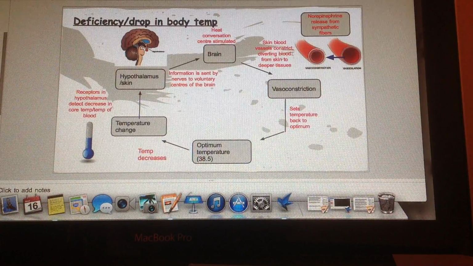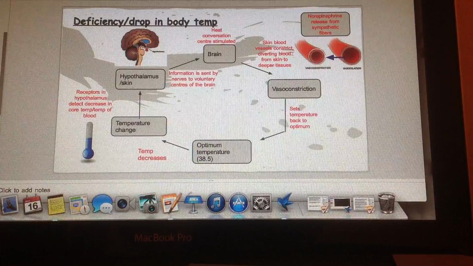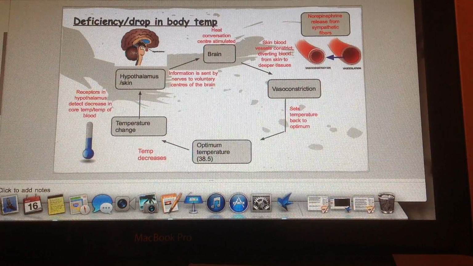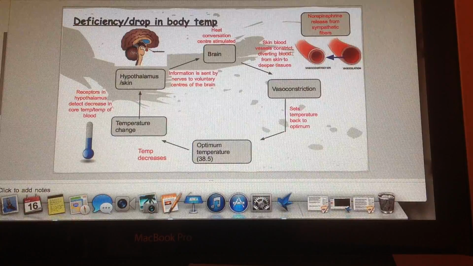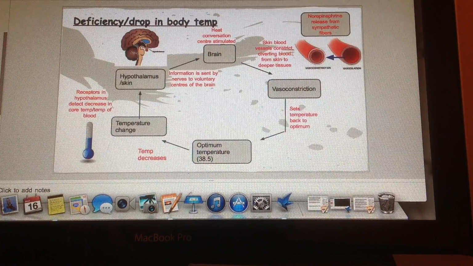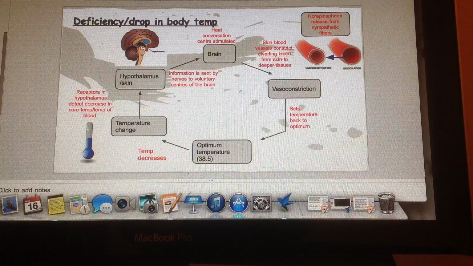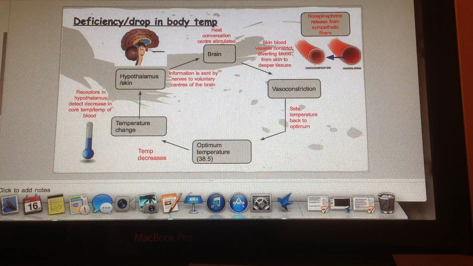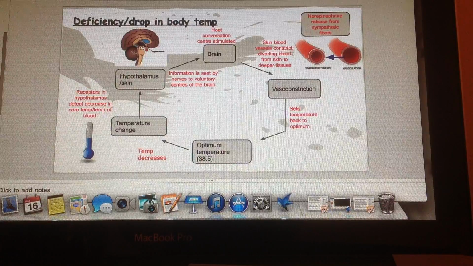Well, this is a negative feedback loop of thermoregulation when there is a decrease in temperature. As temperature decreases, it is detected by the hypothalamus and the outer skin cells. This change is then sent by nerves to the voluntary centers of the brain, where voluntary activities such as moving towards warm areas will be stimulated. The brain then lets out